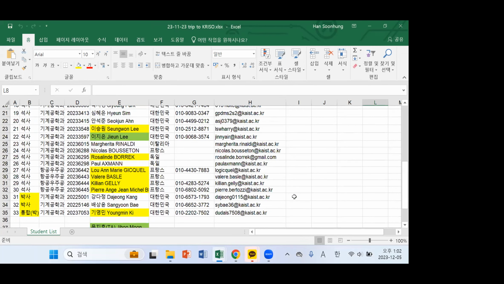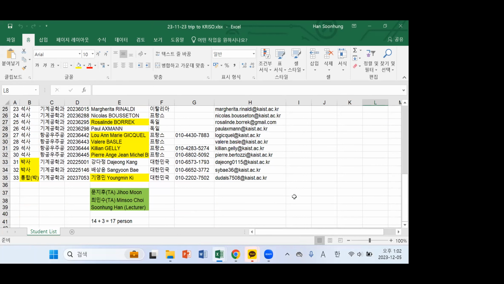So we will have a nice trip to Creosote on Friday. I or the TA will let you know each group of car members by Thursday, so you can join with the driver together.